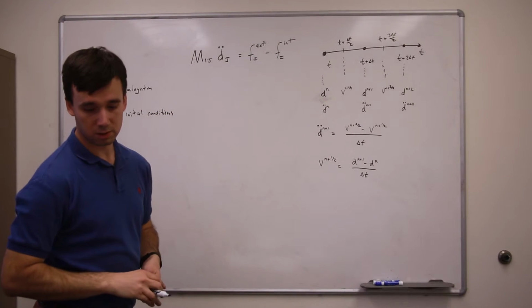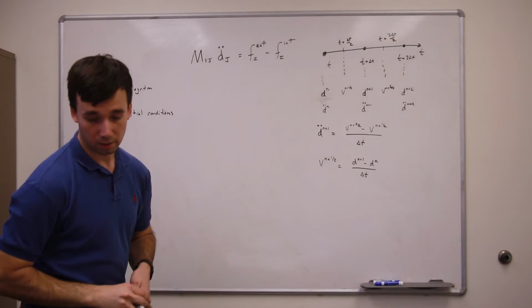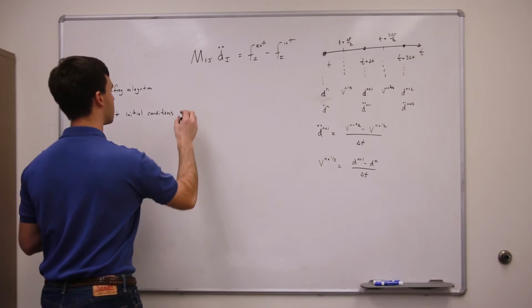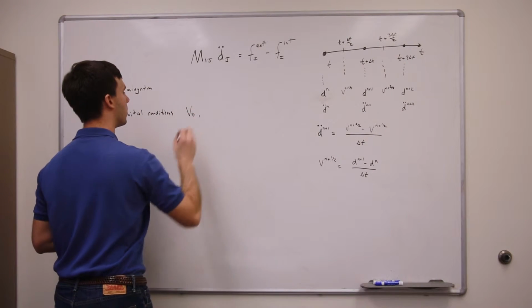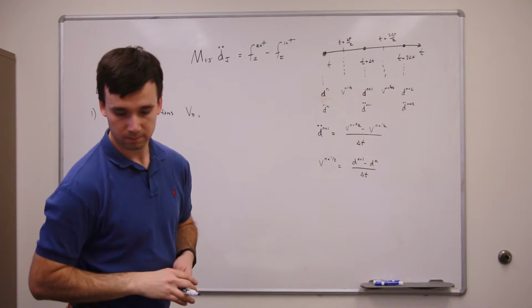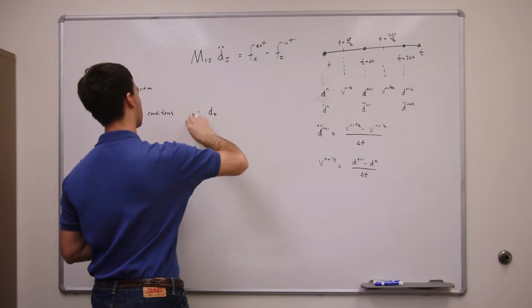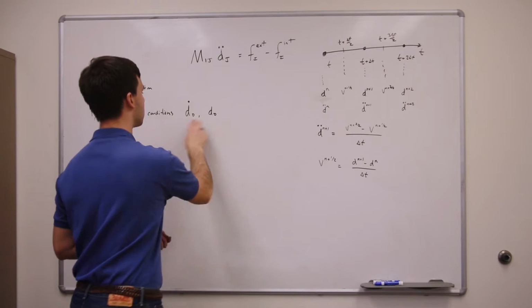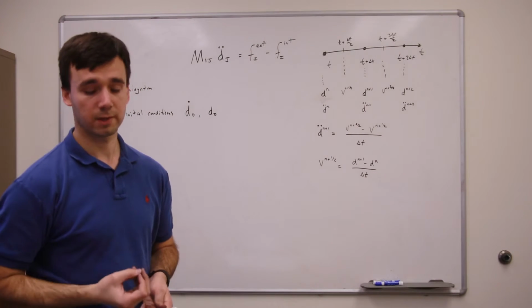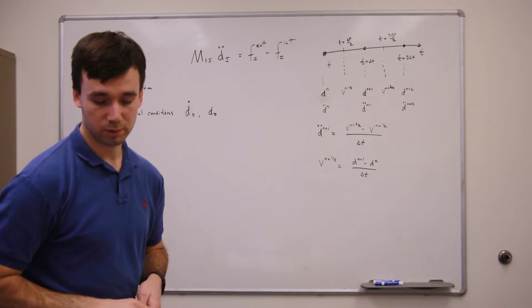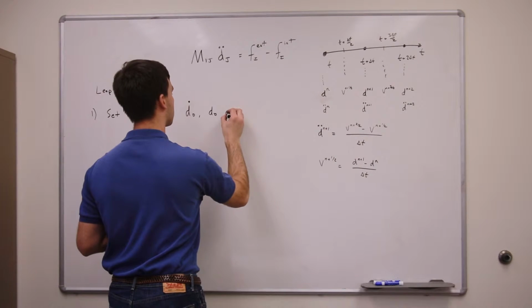And so the initial conditions that have to be set are, we have to set the velocity, v sub 0. We have to set the initial coordinates, d sub 0. So let's write it all in terms of d. So d dot sub 0 and d sub 0, so you have to set the initial velocity and the initial position, and we compute